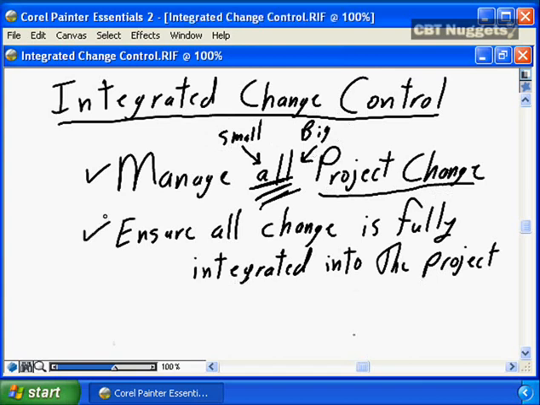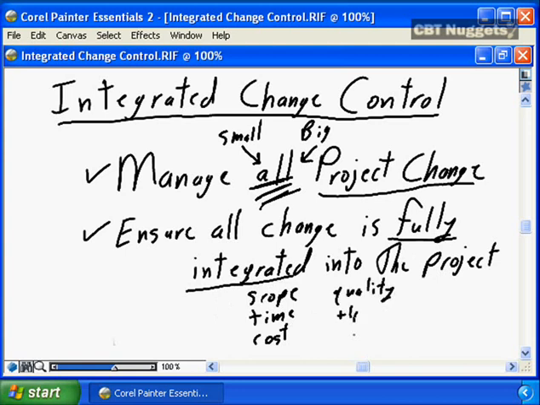Integrated change control is all about ensuring that all change is fully integrated into the project, meaning the change addresses the impact to scope, to time, to cost, to quality, to human resources, to procurement, to communications, and to risk.